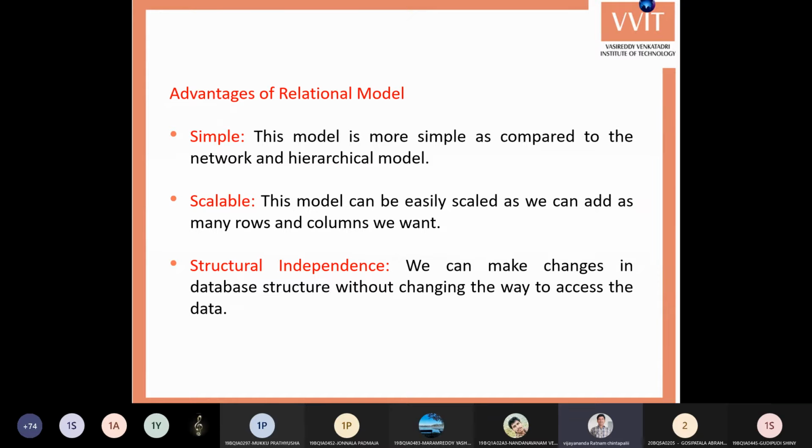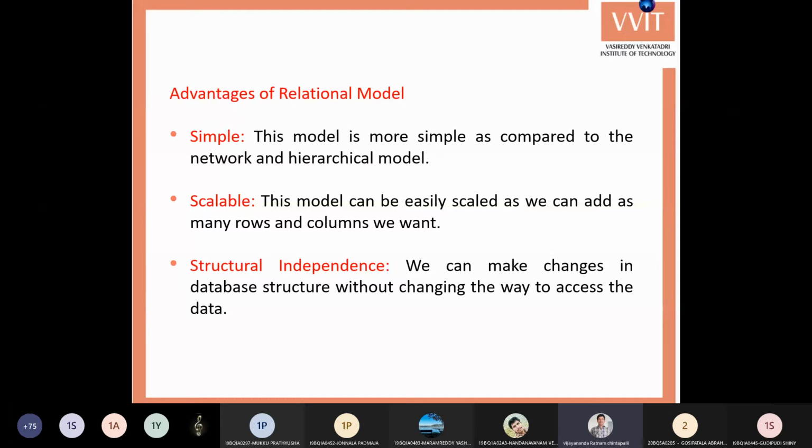But in the previous case, in a hierarchical model, the data should be entered in a proper order. So first you create the root node, that is shoes, and next you enter the 2 pointers for men's shoes and women's shoes, and next you enter the women's shoes categories, and then you enter the men's shoes categories. That is the order you need to follow. But in the case of relations, there is no such order you need to follow.